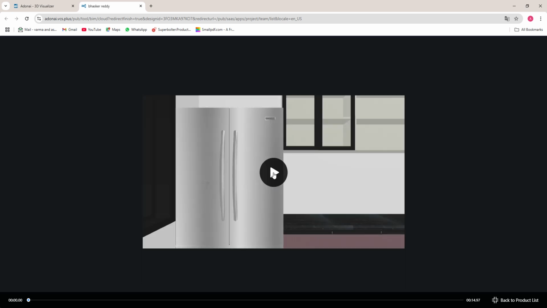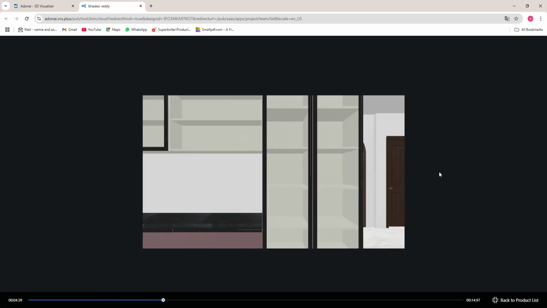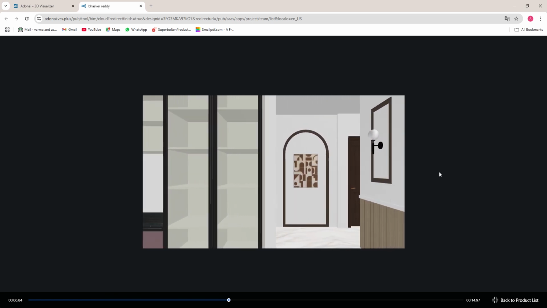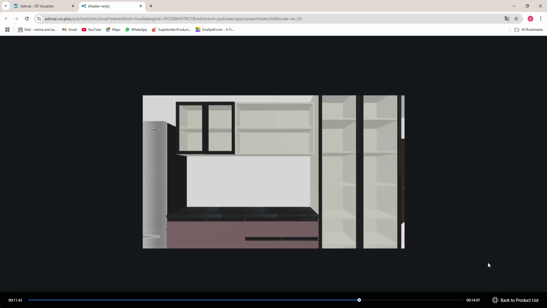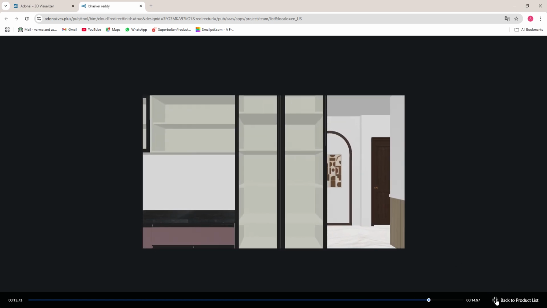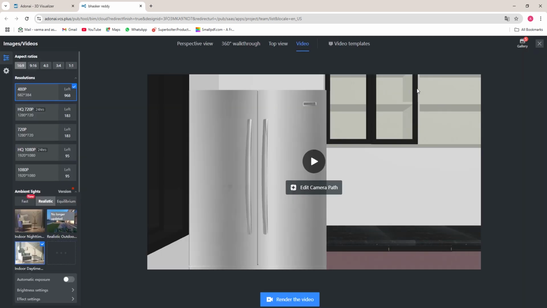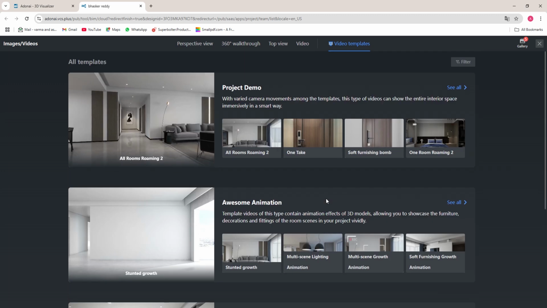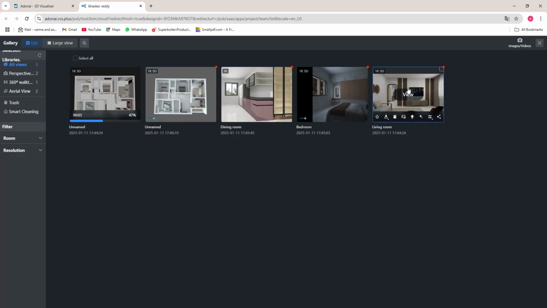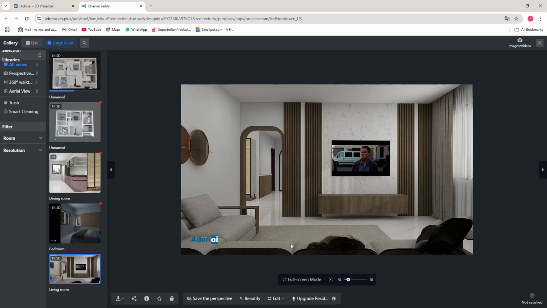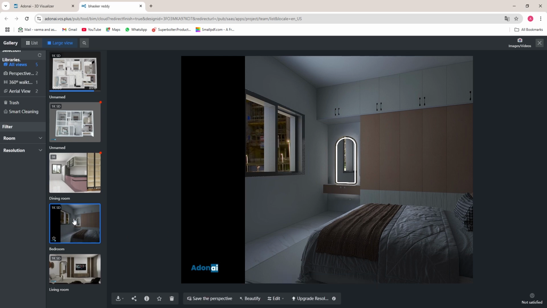Click on preview all to see the view. Once completed, click on done. You have some default video templates for one room and whole house. You can use that also. In gallery you can see the rendering images and videos. These are the renders in daytime, nighttime,